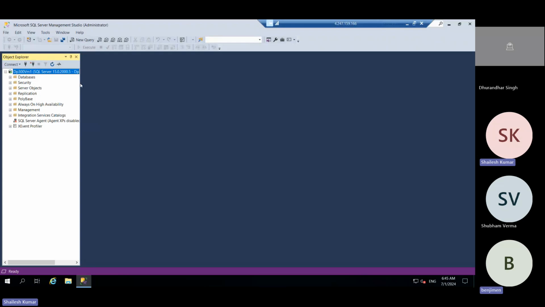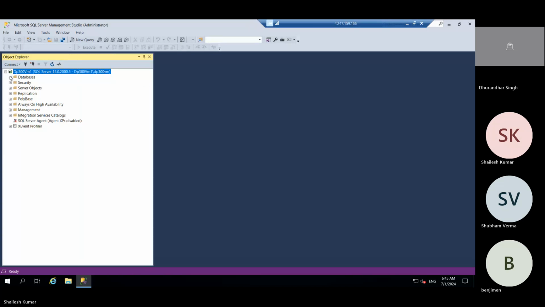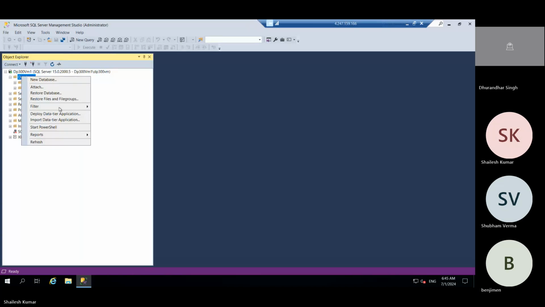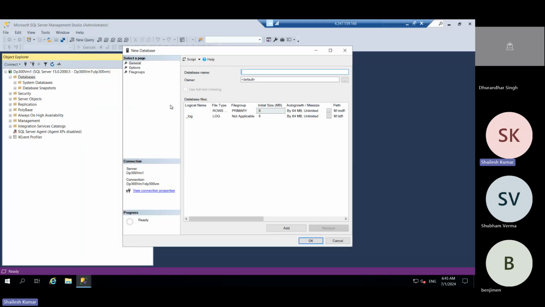This is totally the same as on premise. Everything is the same. We can create one demo DB.